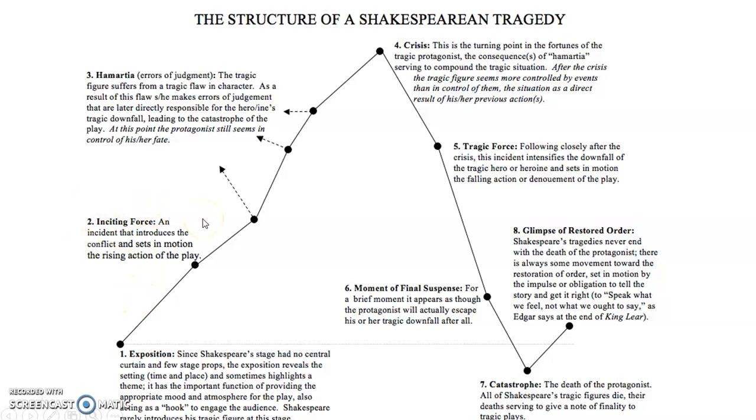So when he hears that he's been made Thane of Cawdor, he has that aside, doesn't he? What does he say in that aside to the audience that we can hear that nobody else can? Can we see little flashes of this ambition that we know is going to bring him down later in the play? So just because the hamartia, the error of judgment that you think is the turning point setting him up for this big fall, might not have happened yet, there will be flashes of it earlier on.